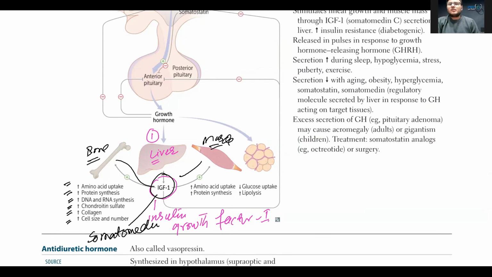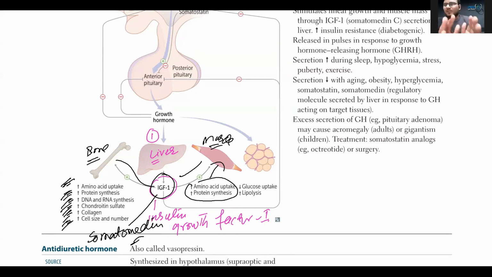Somatomedin increases amino acids, protein, DNA, chondroitin sulfate, glycogen, cell size, and cell number. It also increases amino acid uptake and protein synthesis inside the muscles. Next, growth hormone has a direct effect on the